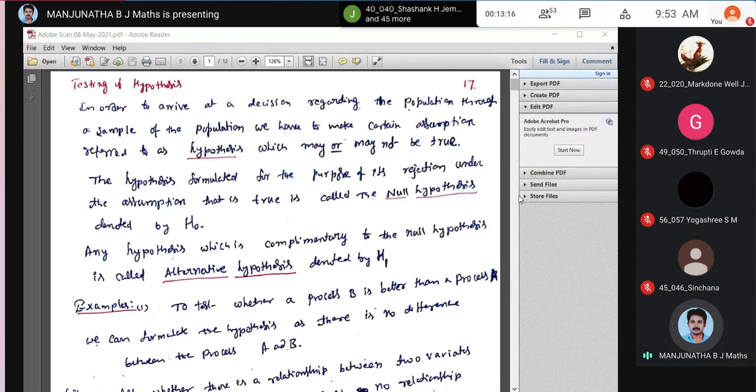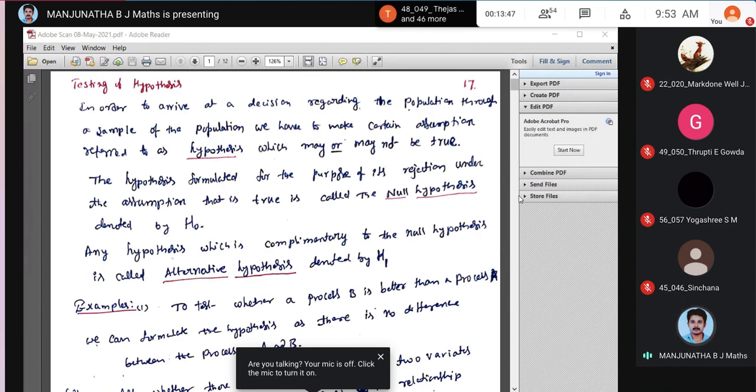Now testing of hypothesis. Hypothesis means whether something is true or not. Generally we use hypothesis to reject. But here, in testing hypothesis, I will just go through the theory part. I will go through one by one. What is the test of significance level? What is the test of significance of proportion? What is the test of significance of sample mean? What is the test when the difference of means is given? How do you find that? One tail test, two tail test, etc. So the entire thing is theory part.